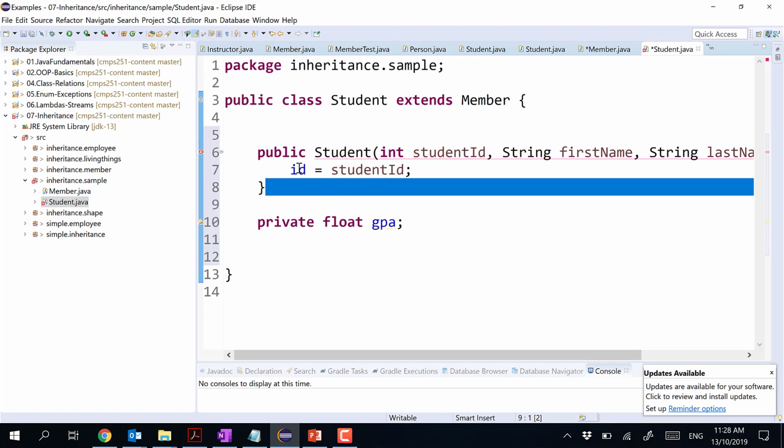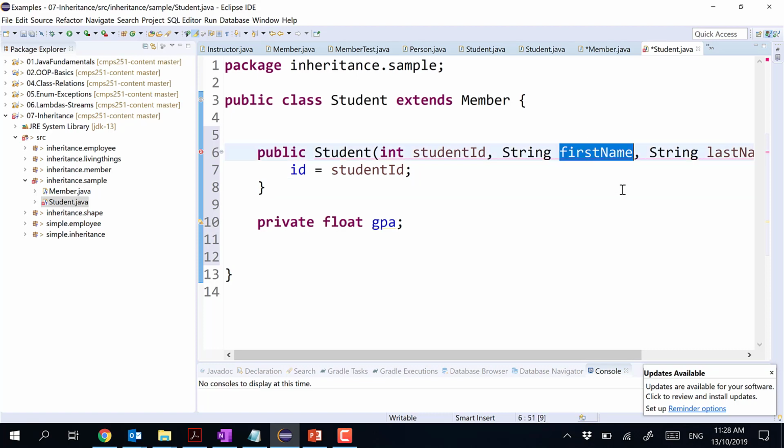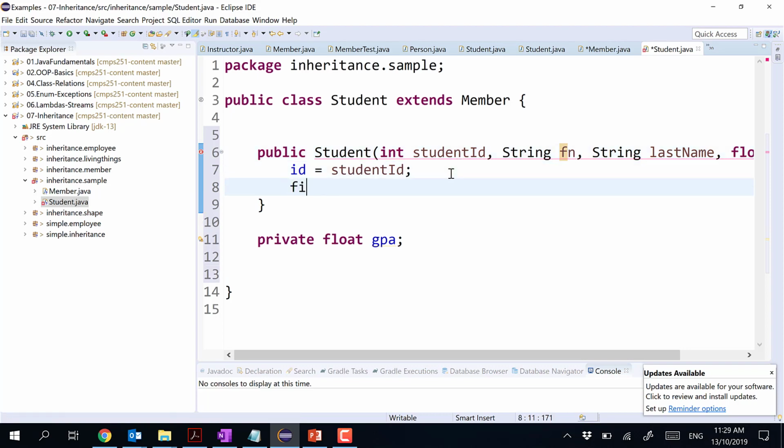See, no complaints. I can access ID because it is visible. Let me rename this one first name to avoid the confusion. All right. Now, if I try to do the same for the first name,